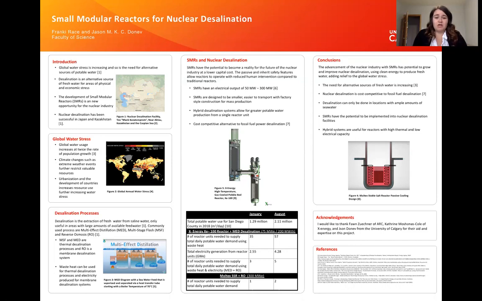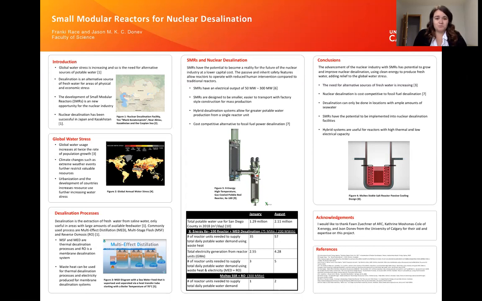Desalination is the removal of fresh water from saline water, and it can be done using thermal or membrane processes. The thermal processes I've considered are multi-stage flash distillation and multi-effect distillation, and the membrane process I've considered is reverse osmosis. Although there are other forms of desalination, these three are the most commonly used, and thus I've considered them